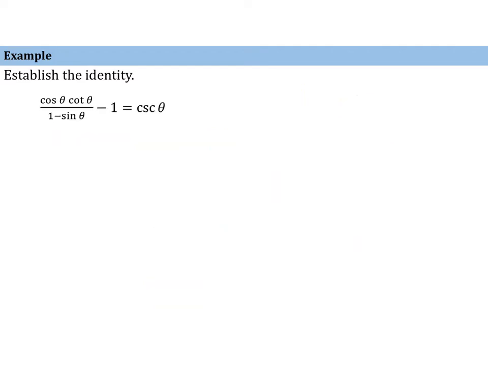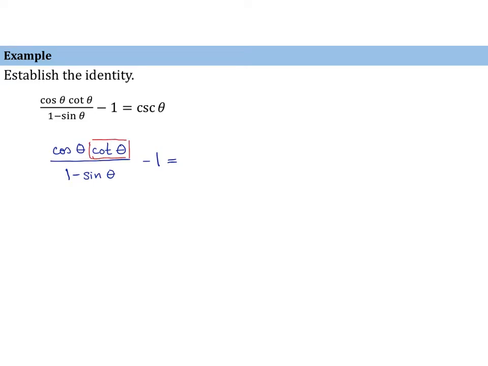So this one is a tad bit more complicated, but we don't get intimidated. And the nice thing about identities is there's more than one way to establish most identities. So we'll take a path here, but don't feel like if you didn't want to take this path that you're stuck to what I'm doing here. There is more than one way to do this. So, and that way might be easier. So let's get started. One way to do this is to take our cotangent of theta